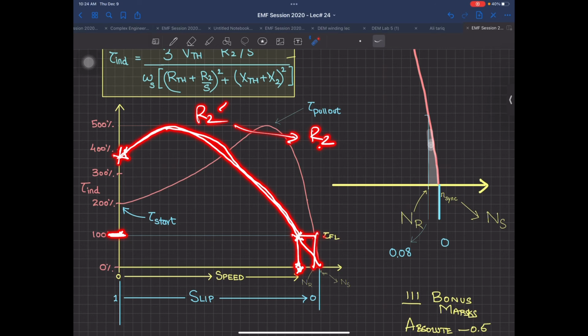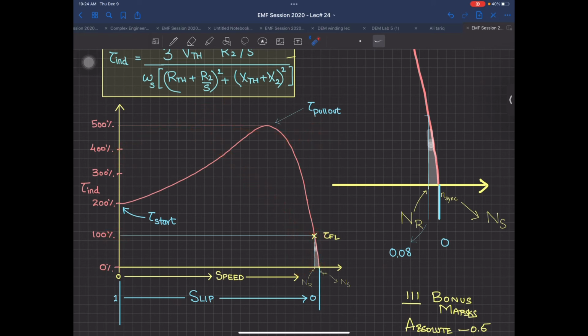आपने अक्सर देखा होगा in your lifts and elevators, may not be in Pakistan, maybe foreign, that your lift accelerates very fast and then afterwards it reduces its speed. This is happening because of this resistance R2 changing. You take a very high starting torque, ज़्यादा torque होगा, ज़्यादा जल्दी से वो it is going to achieve that speed. But as soon as it reaches a steady state speed, then it will go slow. So what they do, they change this resistance from R2 dash to R2, which means starting torque is changed.